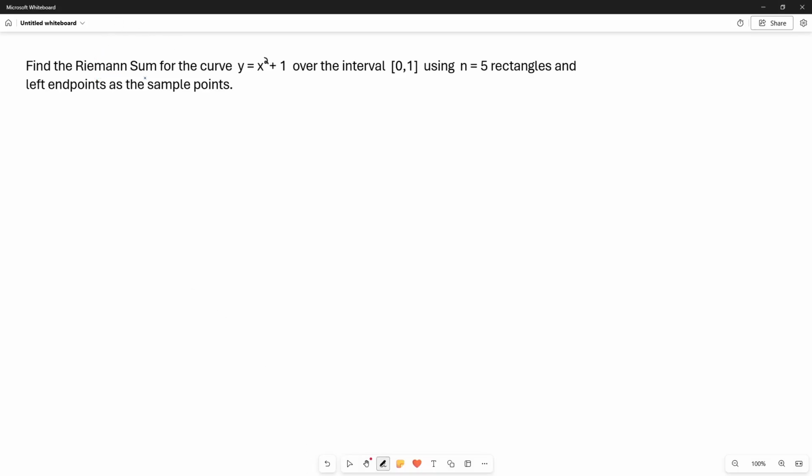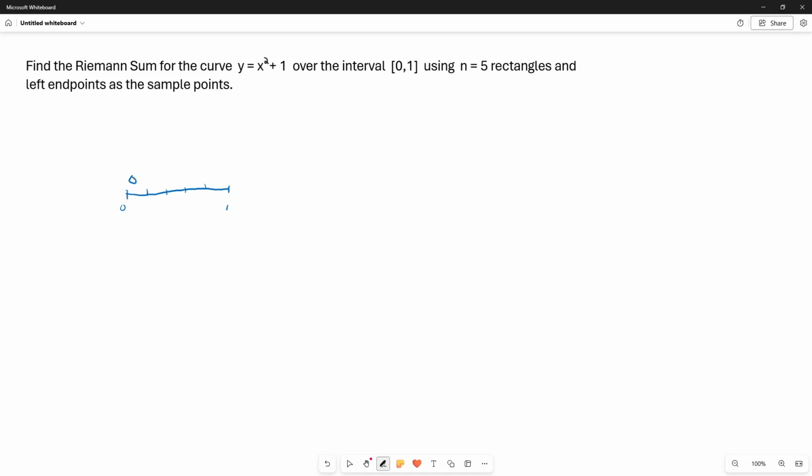Find the Riemann sum for the curve y equals x squared plus 1 over the interval 0 to 1 using 5 rectangles and using left endpoints as the sample points. Okay, so we're going to take the interval from 0 to 1 and we're going to break it into 5 equal pieces,